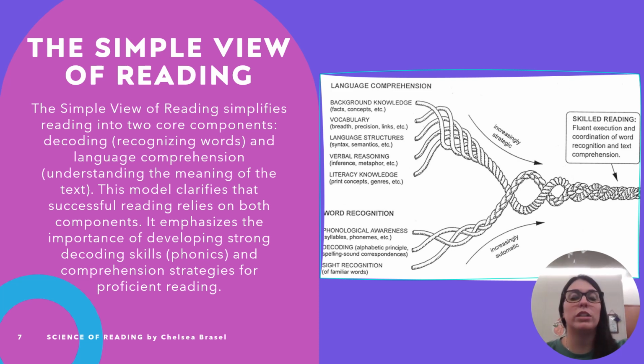So what the simple view of reading does is it proposes that a person's reading ability can be measured by comprehension skills. So for instance, if an individual has a strong decoding but weak language comprehension, their overall reading ability will be compromised. And similarly, if someone has excellent language comprehension but struggles with decoding, they may also struggle with reading as well. So teachers play a crucial role in helping students develop both decoding